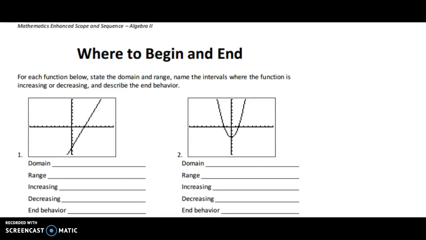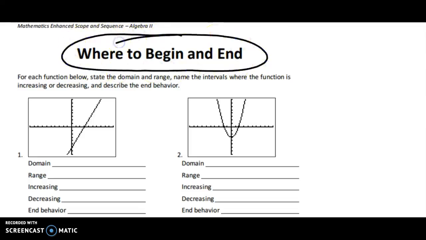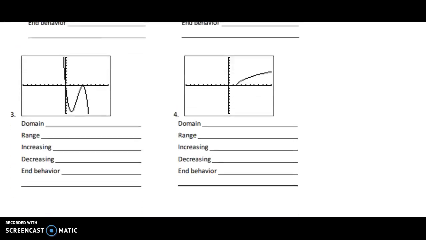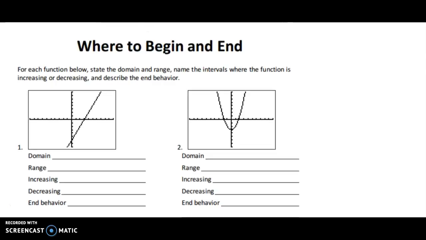All right, so you needed to get a piece of paper that looks just like this. It's in the back of the room on the back table by where you normally turn your work in, okay? It says where to begin and end. So go on and get up and go get that paper. And I want you to work on number 1 through 4 today only. But I'm going to do number 1 with you. So pause this and then go get that paper. All right, so you should have gotten the paper. So go ahead and put your